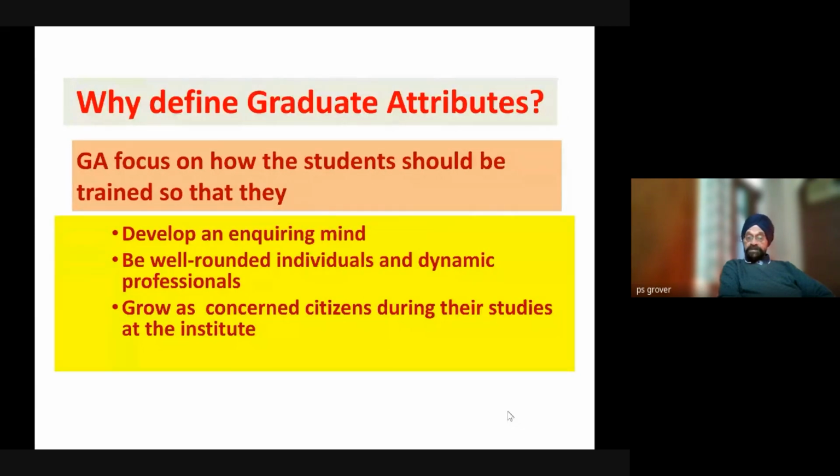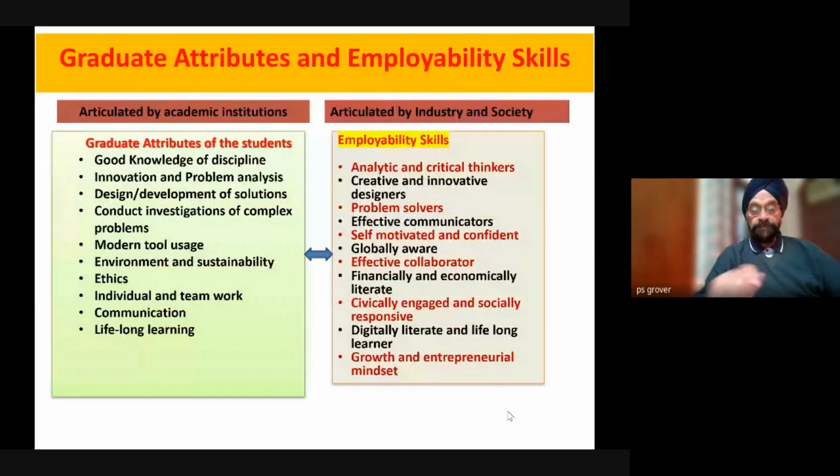Students should be trained so that they develop an inquiring mind, be well-rounded individuals and dynamic professionals, and grow as concerned citizens during their studies at the institute. Now, please see here, this is one aspect. The second aspect is, in the graduate attributes, we incorporate employability skills. How? Now, on this slide, on the right side, look at the graduate attributes that we want